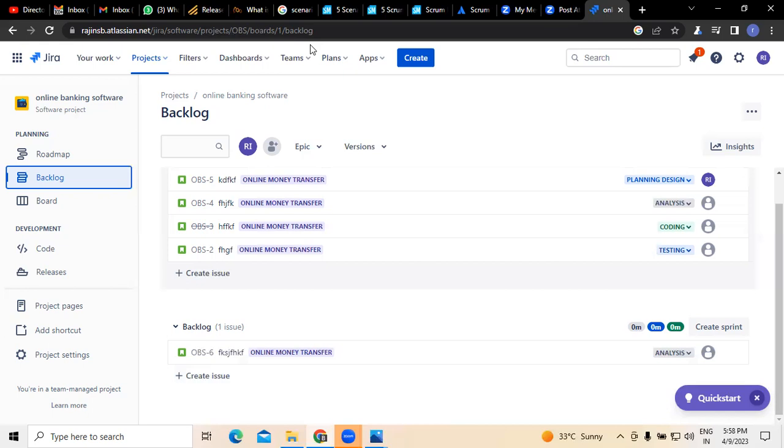Third point. For example, user stories were developed. Finally, there were some bugs identified by the testing team. And whatever bugs they have identified, where do they have to store that? That will be stored again in the backlog. Understood? Clear? Yeah, got it. So whenever new things are added, it could be a task, it could be a user story, it could be a bug,